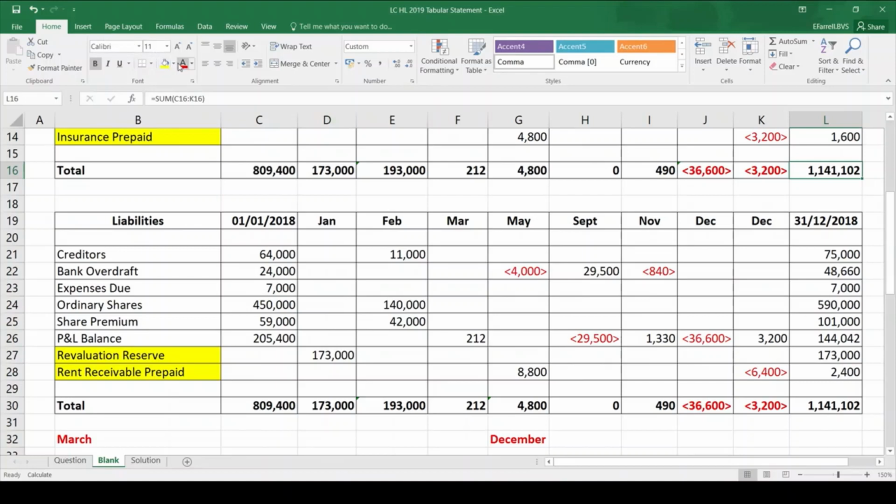1,141,102. And when these two figures here are the same, at least you know that your tabular statement is balanced and hopefully all the transactions will be correct. I just highlight to show that these figures should balance. So hopefully that was